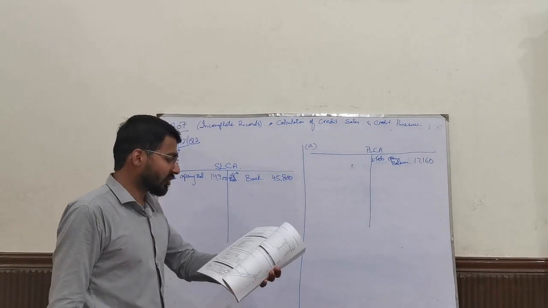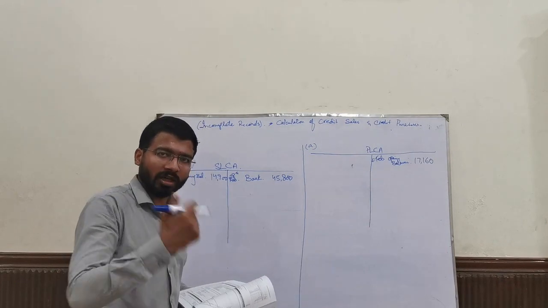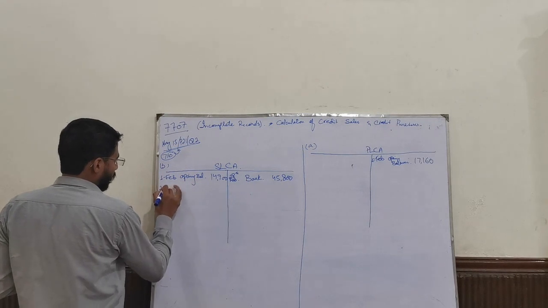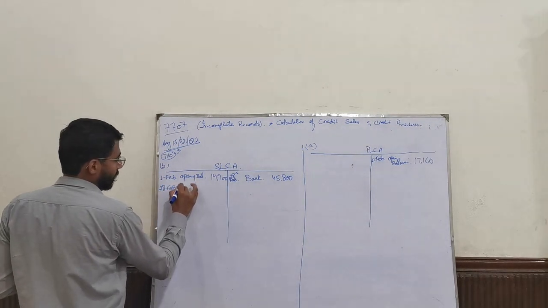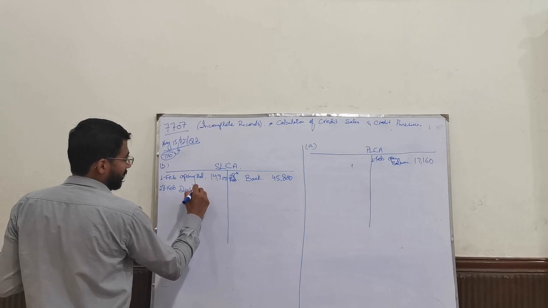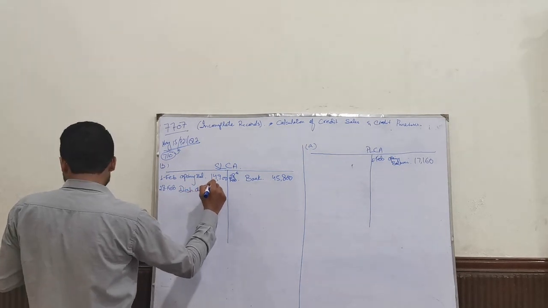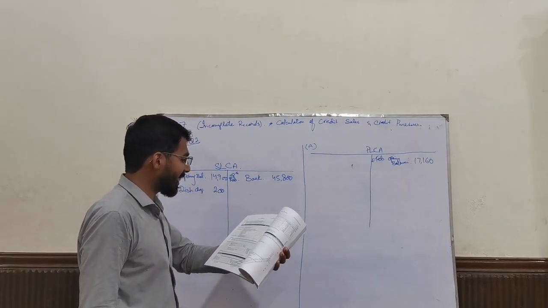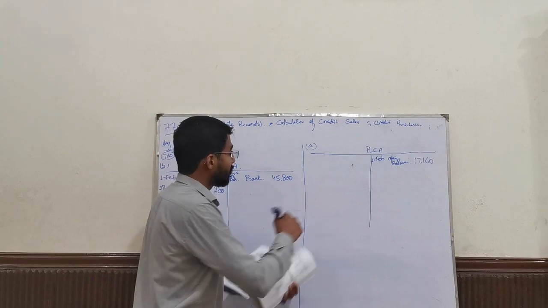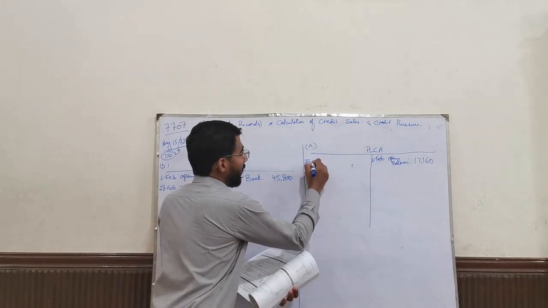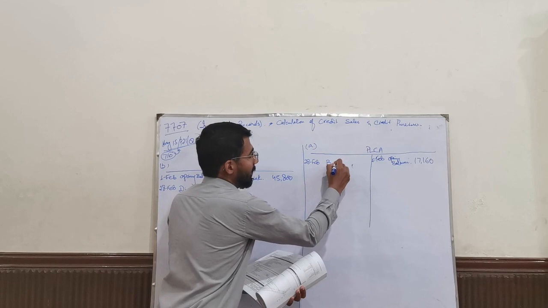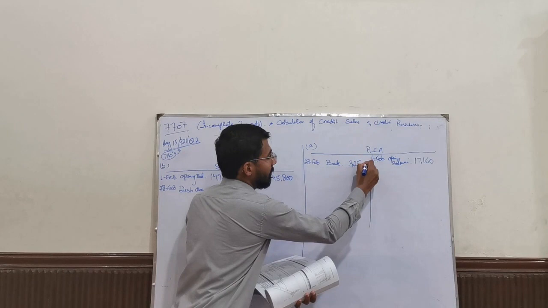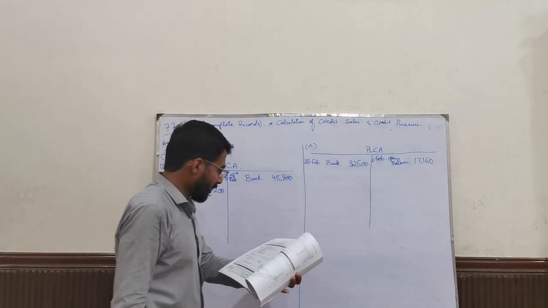The next is cheque from trade receivables later dishonoured. I have received cheques, and on a later date it is dishonoured. Dishonoured cheques are written over here, 28th Feb, dishonoured cheques, which is 200. The next is cheques paid to trade payables. Cheques paid to trade payables, 28th Feb, bank. It is 32,500.